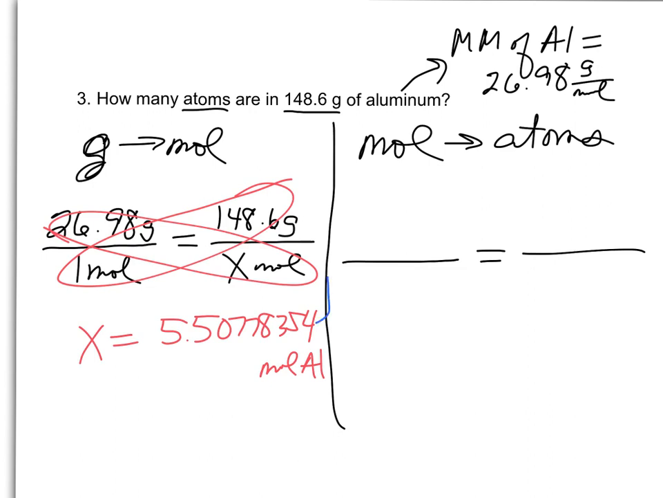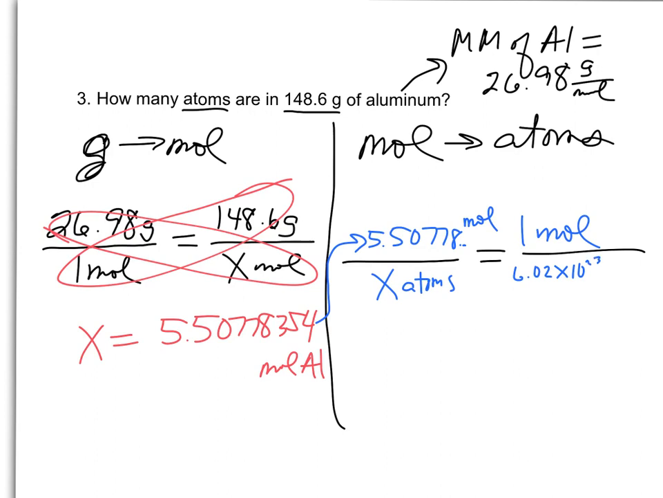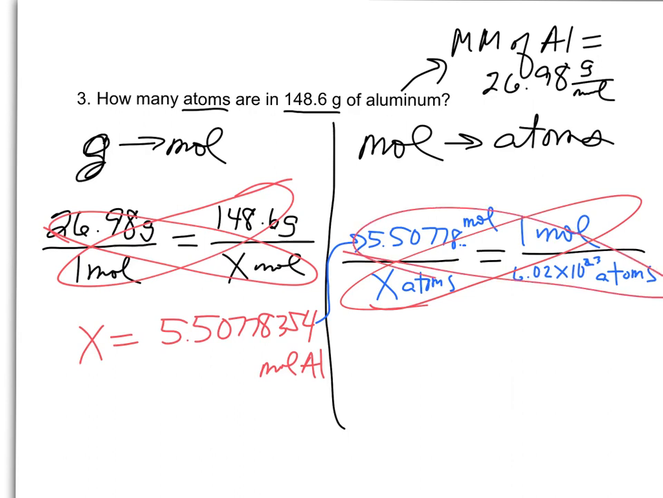So I'm going to take the moles and I'm going to put them up here. 5.50778, and you get the point. I'm running out of room, but there's moles, and I want to figure out how many atoms that is. So X number of atoms. And I know Avogadro says that for every 1 mole, there are 6.02 times 10 to the 23rd atoms. So when I want to solve for atoms, cross multiply,